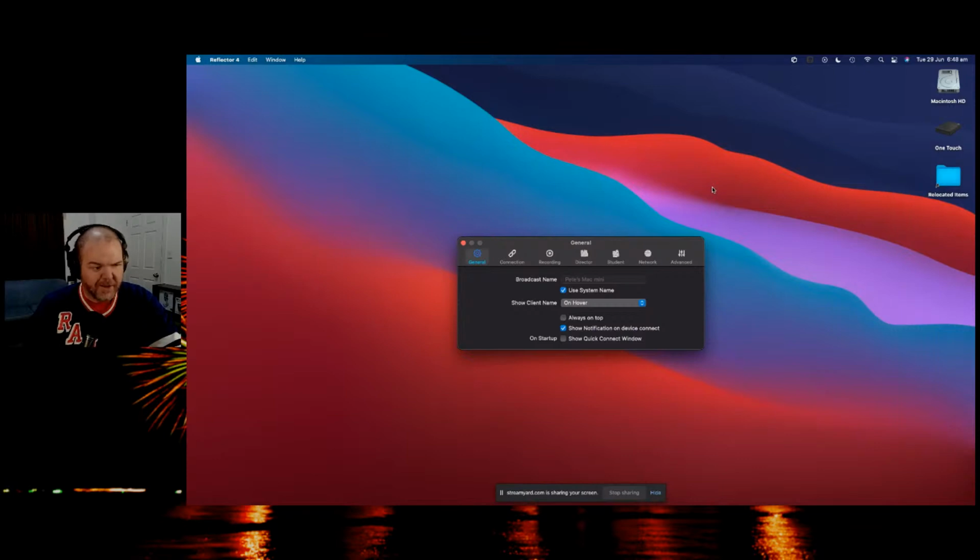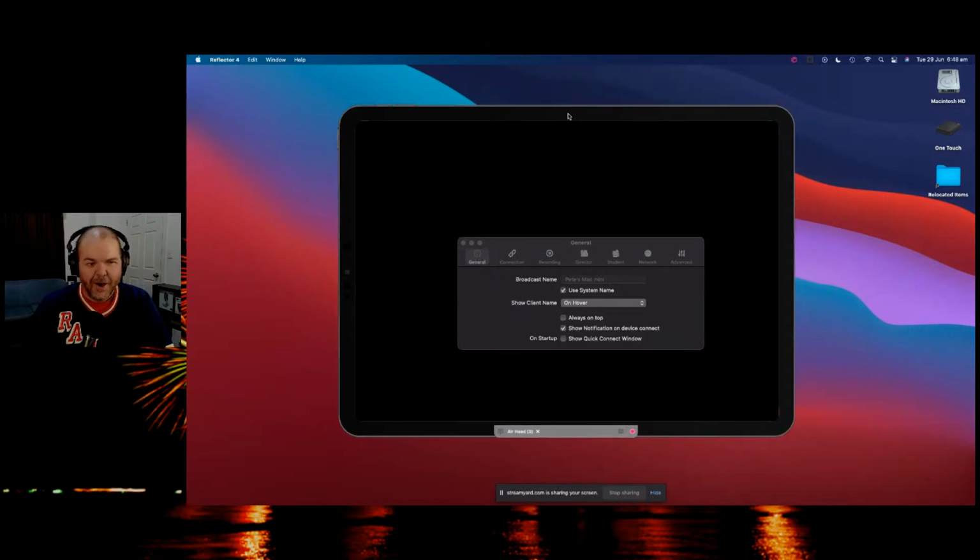So I'm going to go to my iPad screen mirroring. It's got Pete's Mac Mini there, and it's going to pop up. Let's have a drum roll, please. Oh, what are you doing to me, Reflector? Whew, it's rough. So there's nothing showing there. We can play here, so you'll be able to hear it coming through.